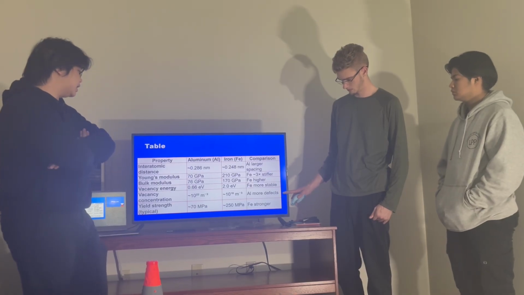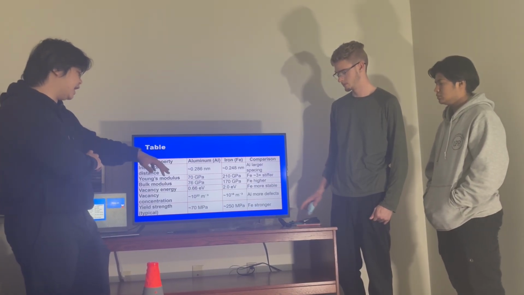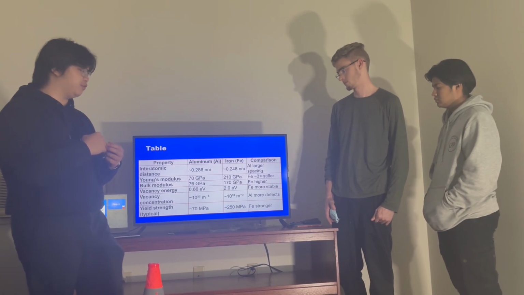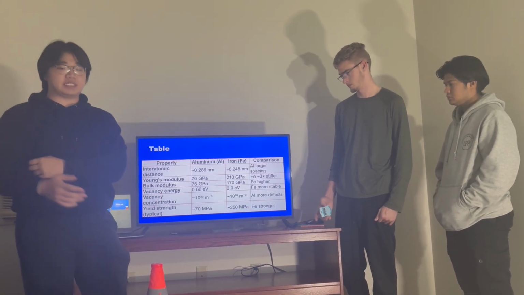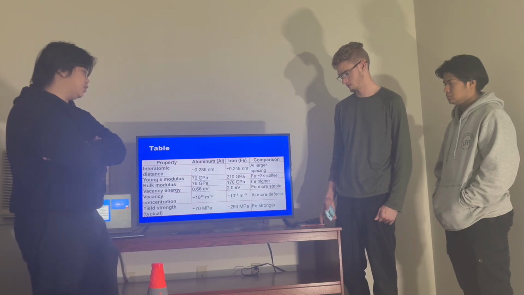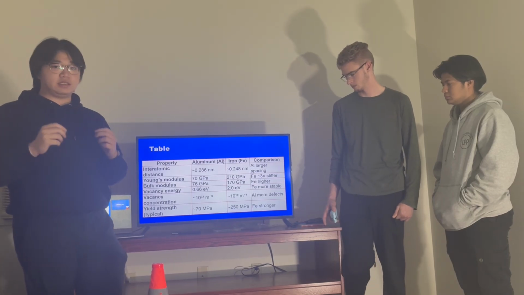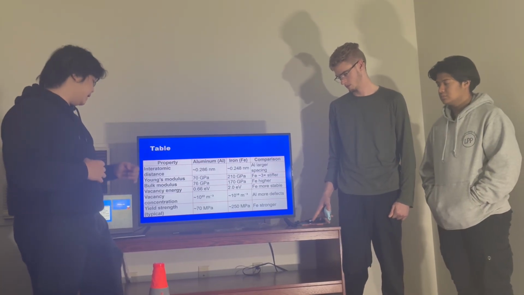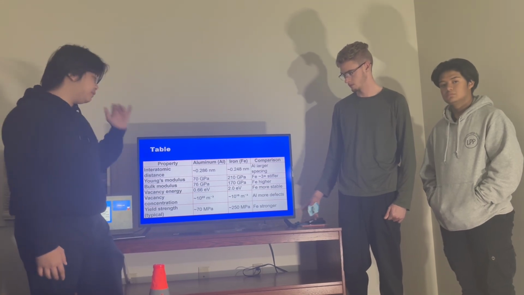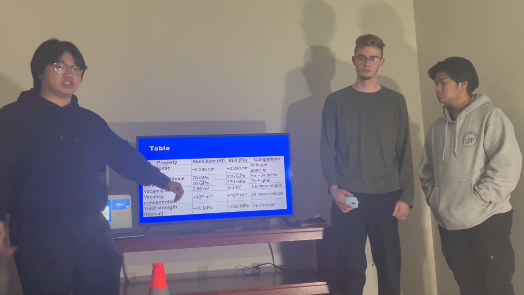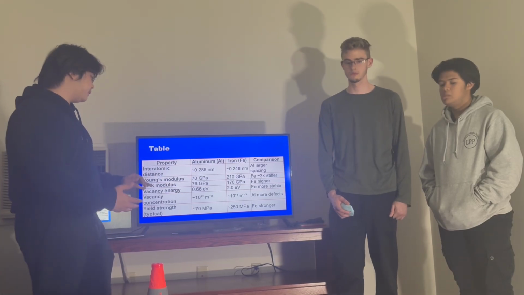And down to vacancy concentration, because aluminum has a much higher rate of defects, it's also going to have a lot more vacancy and vacancy concentration, which leads to it being able to bend a lot easier than having something like iron. And going back to the yield strength formula, which was NV over N, because it has a very, very high vacancy concentration, it's going to have